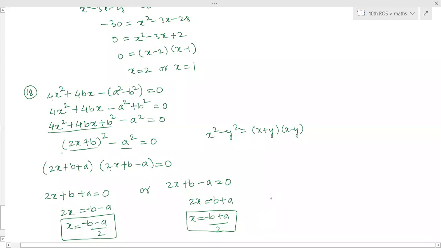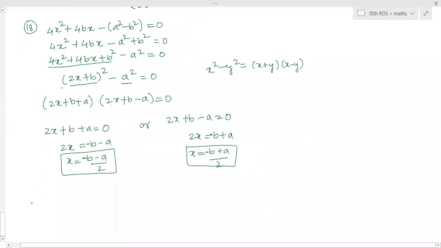Mom, why did we change it? Question in this one book, see the question. In the question itself it is given plus 4b. No problem. Only the b value with the sign of b will change in the answer. Now try to solve this question the same way, the 17th one.